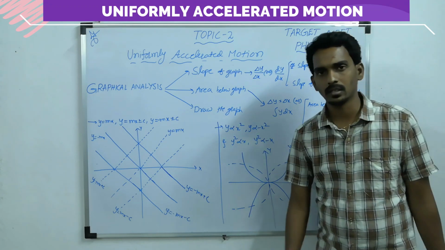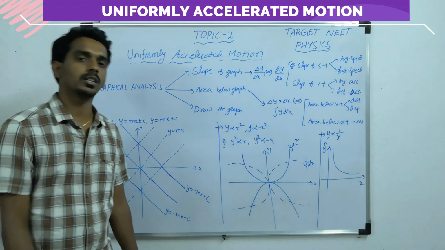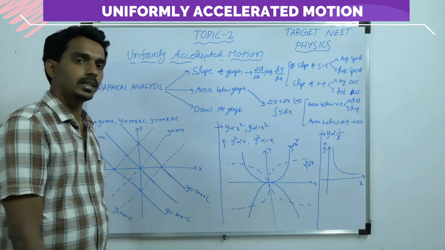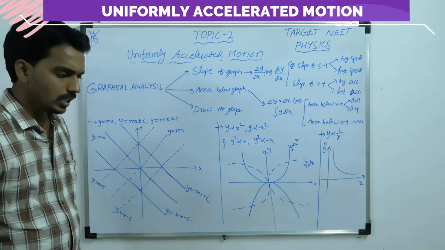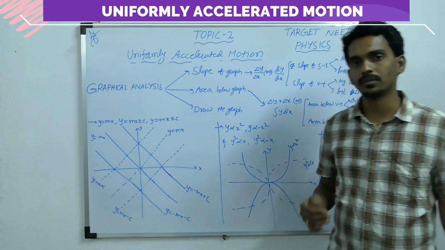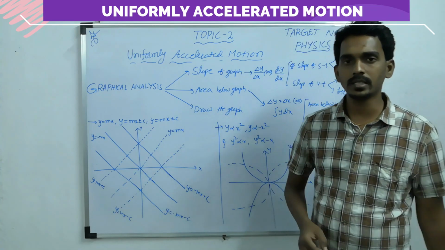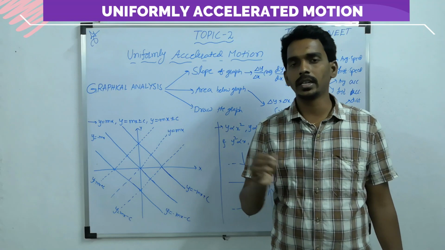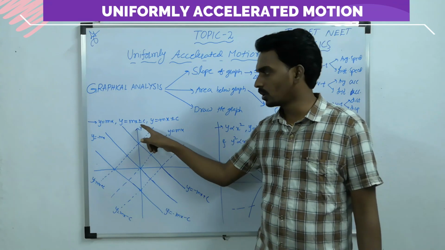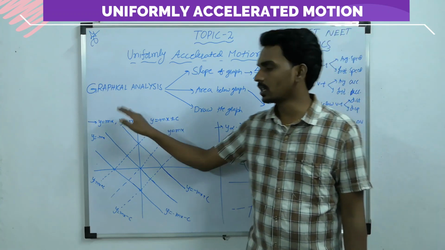And the third one is drawing the graph. They will ask you to represent the graphical variation of one quantity with respect to another quantity. Let us go through some basic mathematics required to solve such questions. The graph may be straight, the graph may be curved. Usually there are three types of graphs which come very often in physics. One is the straight graph. What are the generalized equations? The power of the x quantity or y quantity must be 1 only. Like y equals mx, y equals mx plus or minus c, y equals minus mx plus or minus c. This is the general form.